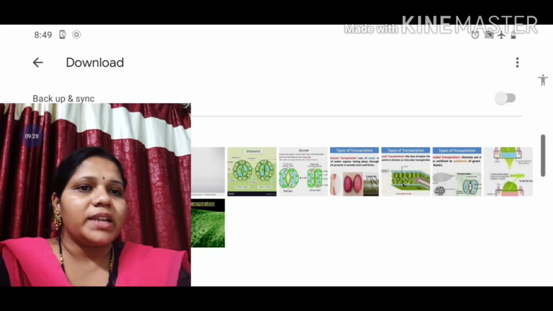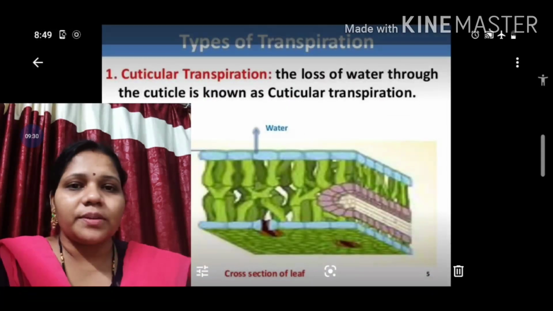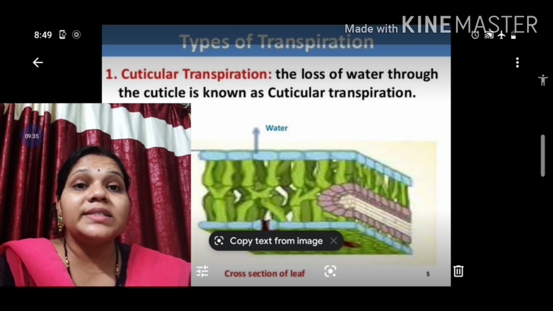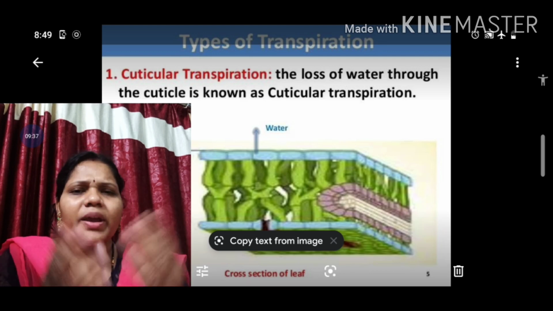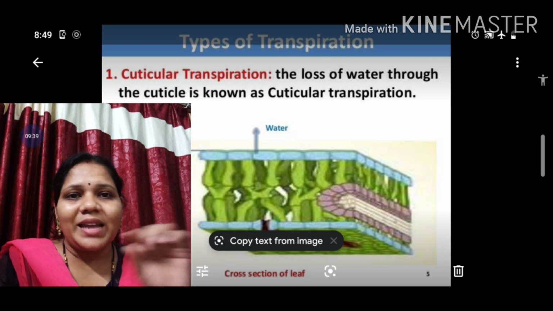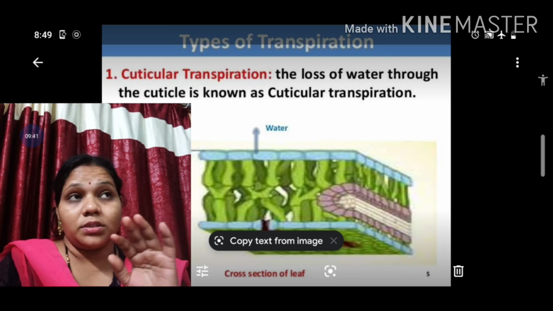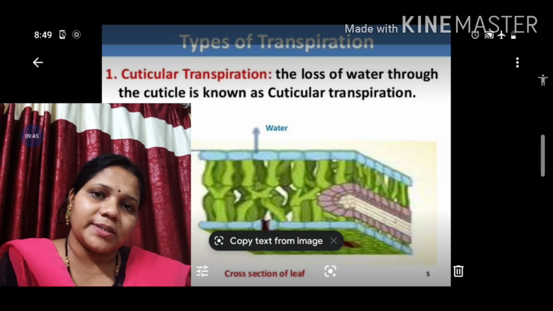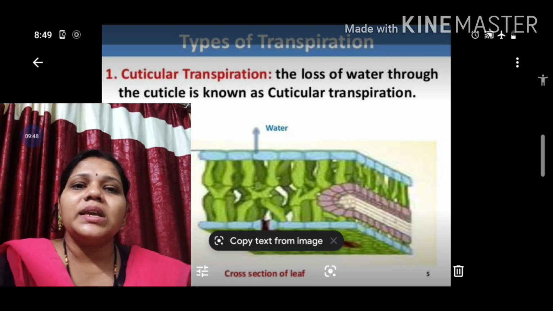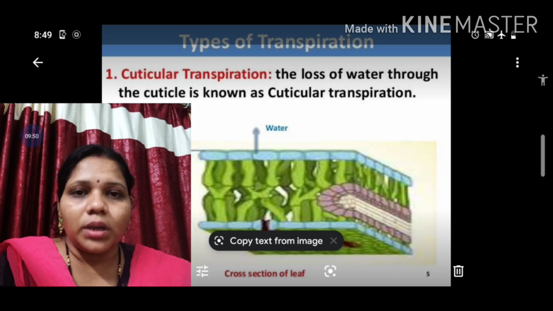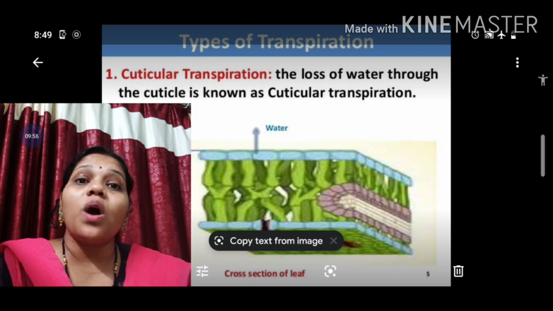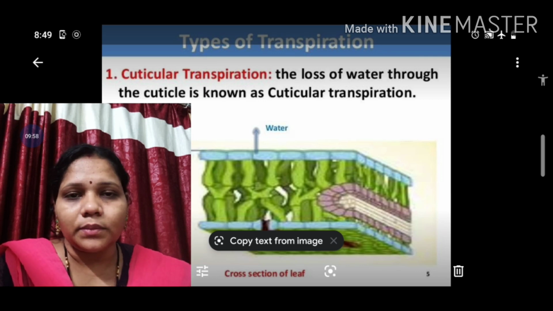Now comes the next, cuticular transpiration. Before knowing about cuticular transpiration, we have to know what the cuticle is. You can see in that leaf a waxy-like substance is found on the upper surface. That waxy-like substance is known as the cuticle. So what is the work of the cuticle? Generally the cuticle prevents the loss of water, and